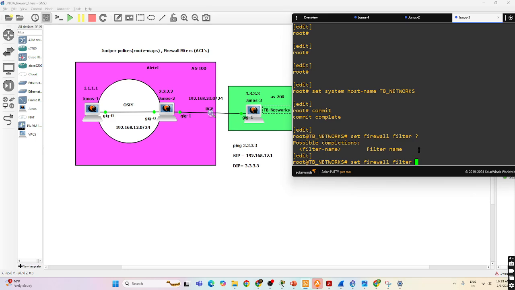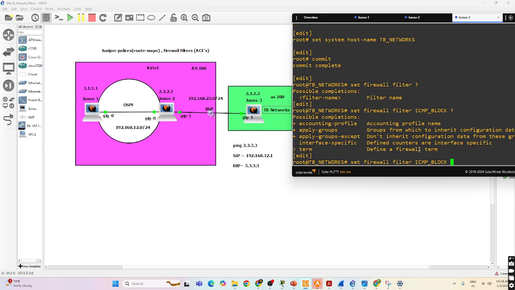We identify the source, right? Just say ICMP block something. ICMP ping only, right? He's sending ping traffic. I'm doing ICMP block. Now just give a term. Here also terms and conditions. Term one,